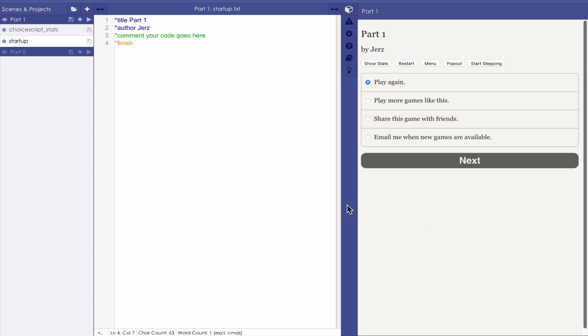Now, every ChoiceScript game needs a file called ChoiceScript stats, and that's added by default. It's blank for now, and we're just going to leave it blank for this particular lesson. But we also have this startup page, which at present has these 4 lines I've just walked you through. Clicking this triangle runs the program over again from the beginning, but as you know, there's not a whole lot to do here. So if we add some text right here below the comment command,